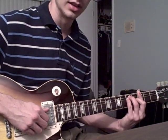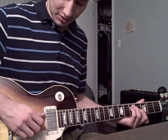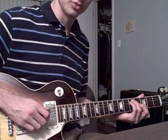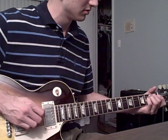So instead of playing it like this, Warren, I think, plays it like this. And in that case, I'm starting off, again, with the thumb on the 5th string, and these two fingers are playing. Next chord is...